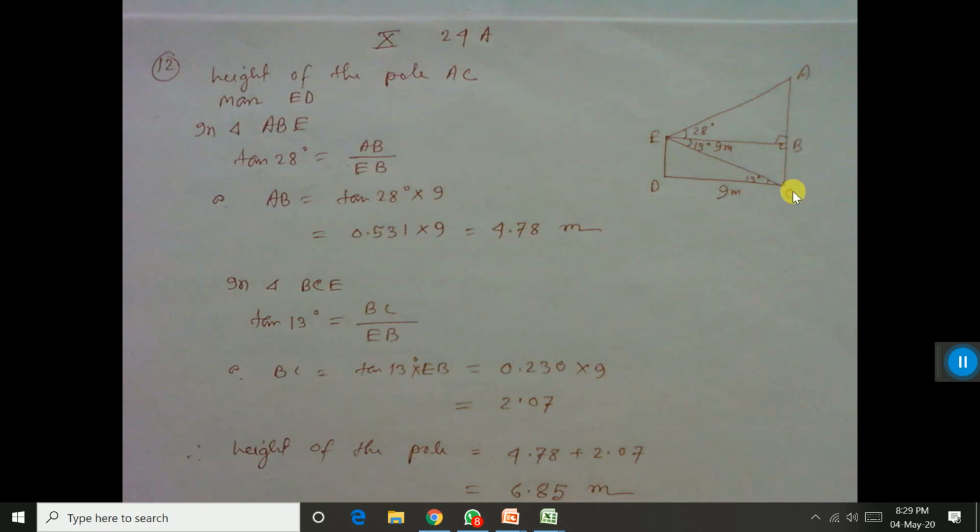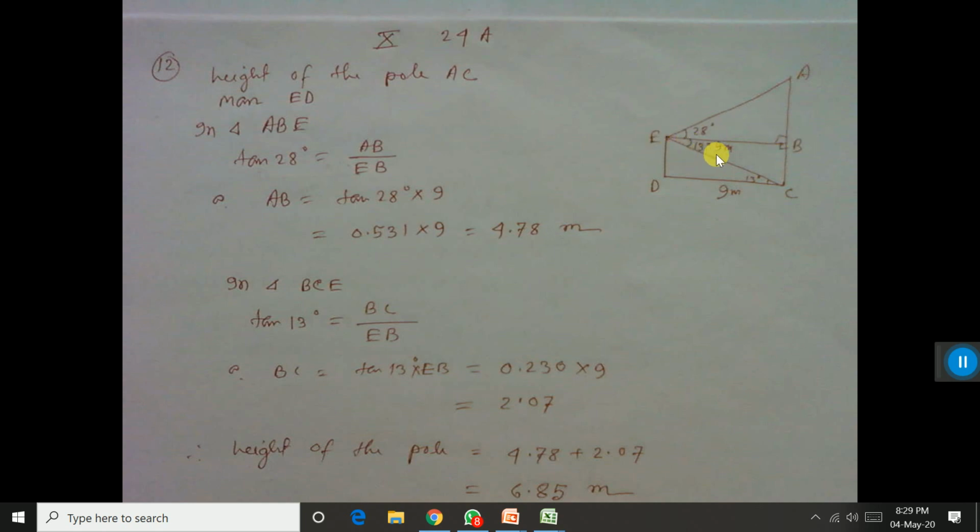See, this is the height of the pole and the man is standing there. So when the man is looking towards the top of the flagpole, you have to draw one horizontal line through the person's eye here. Now the angle of elevation is this. I told you the angle of elevation is created above the horizontal line, so the man is looking from here, and that is why the angle of elevation is created here.